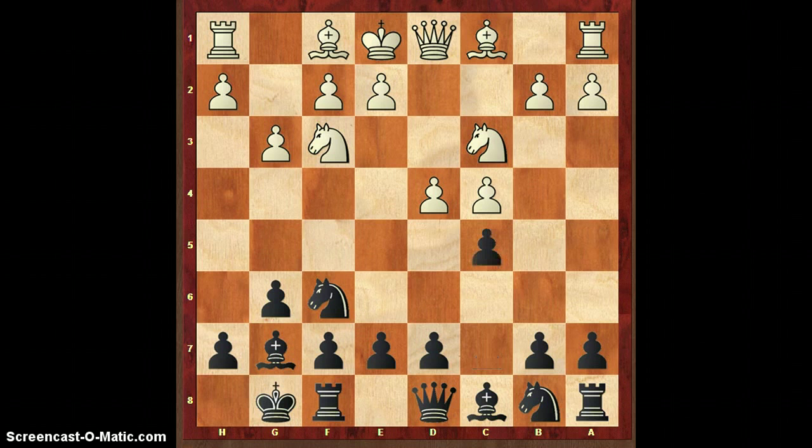He played c5, but Zak didn't capture the pawn on c5. He pushed his pawn from d4 to d5, and let's see what will happen if pawn takes pawn. If pawn takes pawn, then queen to a5, the knight is pinned so it cannot move, and the black knight easily comes to e4, opening the diagonal for the black square bishop attacking the knight on c3. For that reason, Zak played d5.